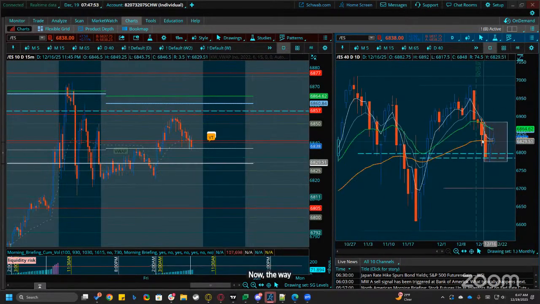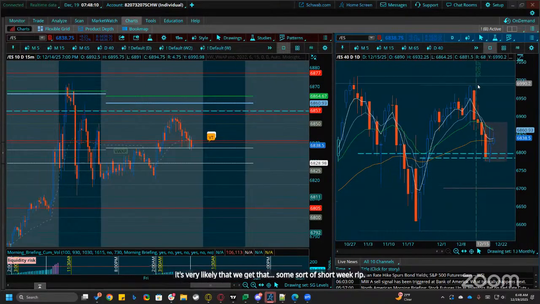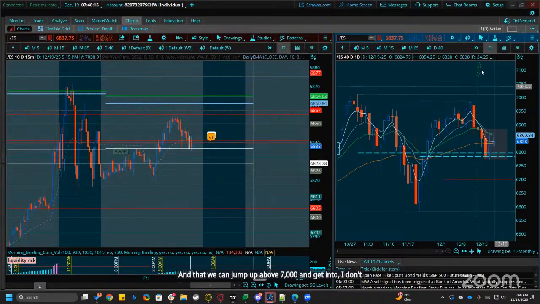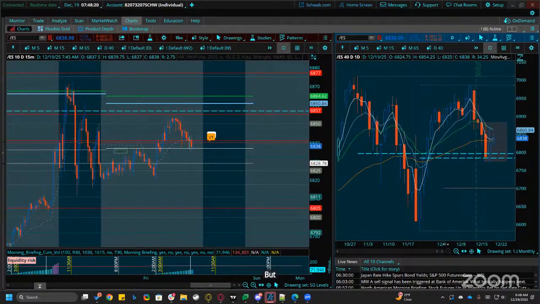Now, the way that things went down this week and the lack of crashing and burning in the AI theme and space, especially with the threat that MU was posing, it's very likely that we get some sort of short week rip and that we can jump up above 7,000 and get into, I don't know, 7050, 7100. It's not off the table, but in those short week environments, the low liquidity gives us the potential for